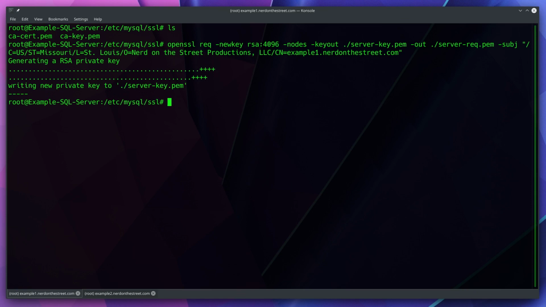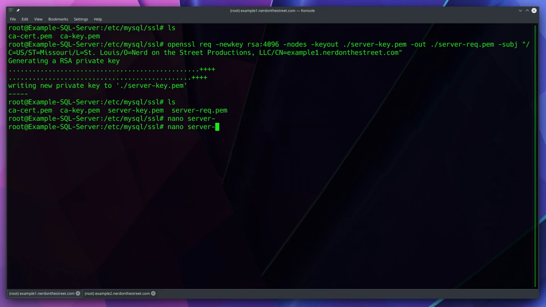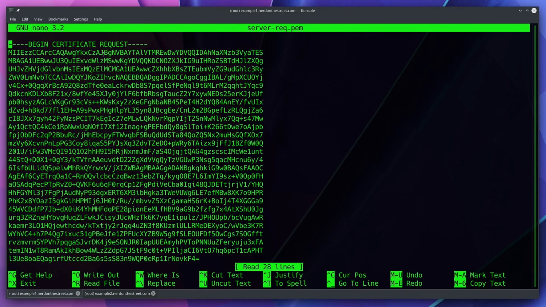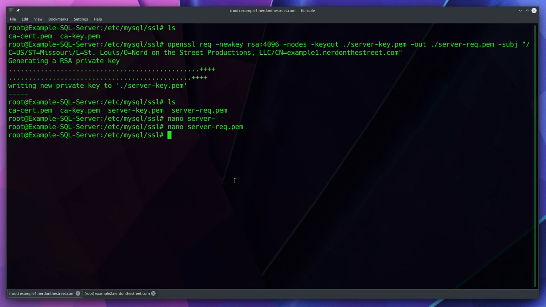It's going to generate a private key for our server, and we can see that that is here. We also have a request for a certificate. So this is not actually a certificate yet, but if we take a look inside of there, you can see it's a certificate request. We need to send that request to the certificate authority, and it will give us an